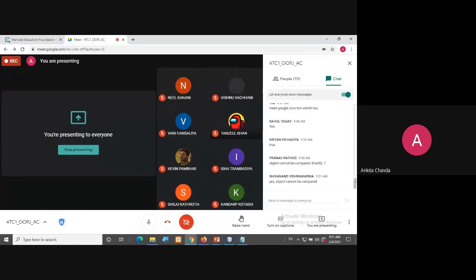Yes? No, it is not that objects cannot be compared. Yes, objects can be compared, and that is why via the dot equals method we are getting true over there. Both Java and Java are the same and they were returning true. But via equal equals to, they are returning false. So what is the reason behind this?